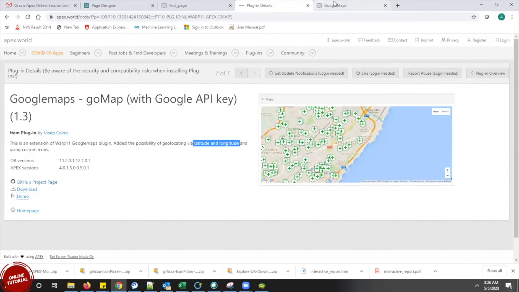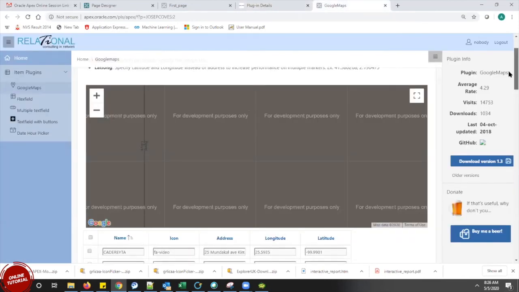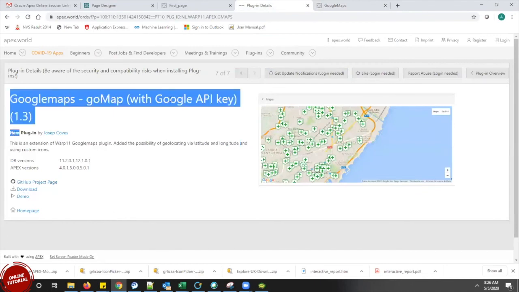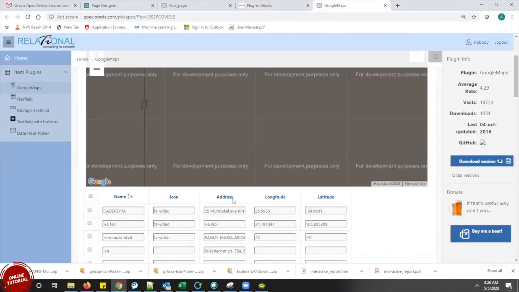As we can see from this plugin, this is an item plugin. So once we import this, when we are creating this item, we have to create this item as in this plugin.